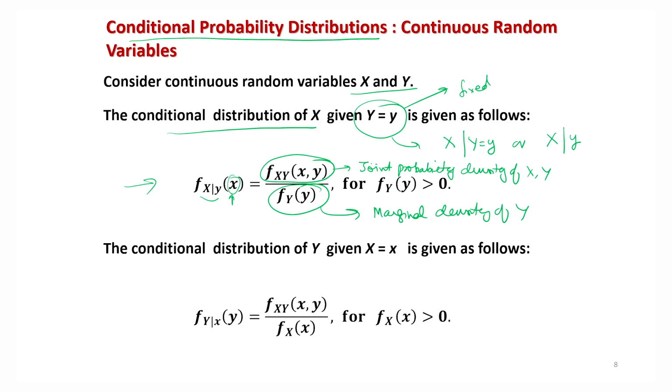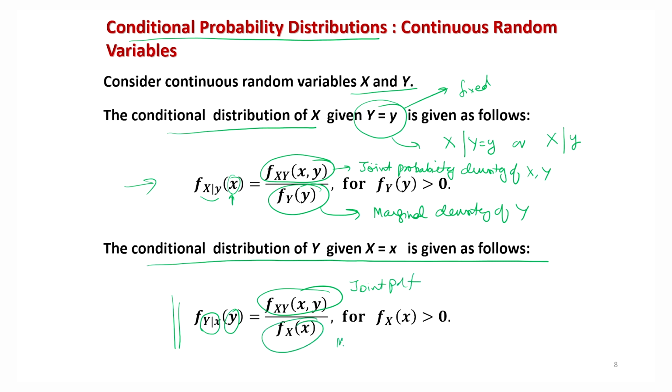And similarly, if you want to change the role of x and y, then the conditional distribution of y given x is like this. You can see now the random variable is y given x, and the value which is given is x, and it is the joint PDF in the numerator and the marginal density of x in the denominator.